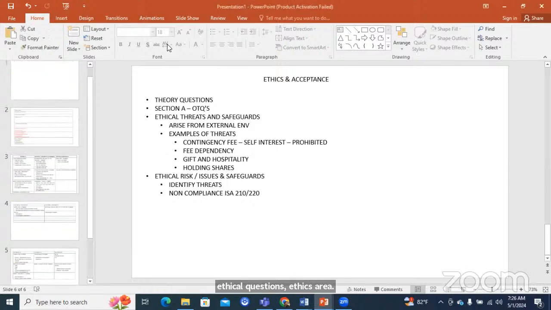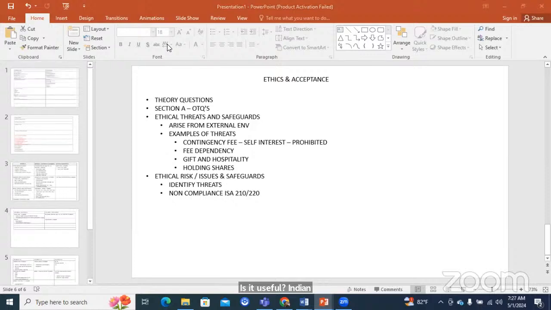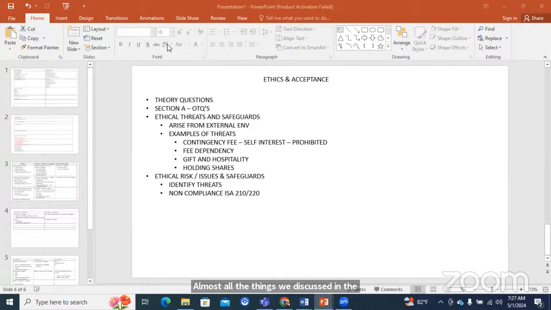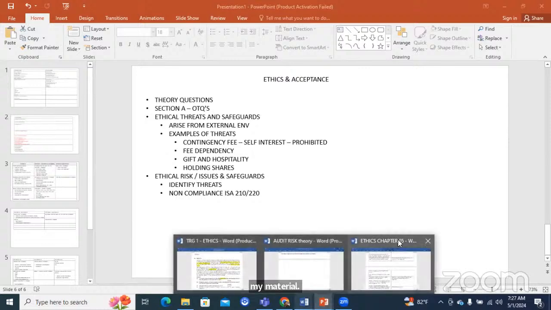Indian students, sometimes you might feel it is not useful, because whatever things I discussed today, I discussed in the class also. Almost all the things we discussed in the class. But Sri Lankan students, is it useful for you all? Do you feel comfortable with ethics now? Are you comfortable? I'm sharing this PPT, plus I'll share my material. Yes, I'll share the material. Okay. And also,